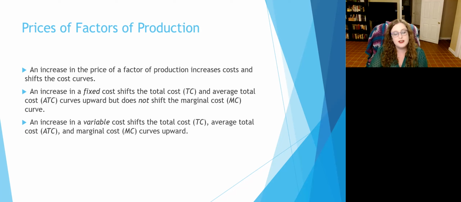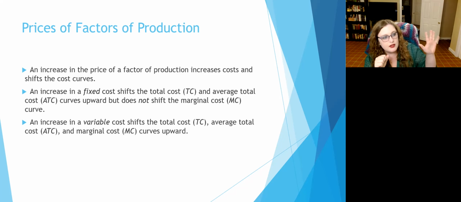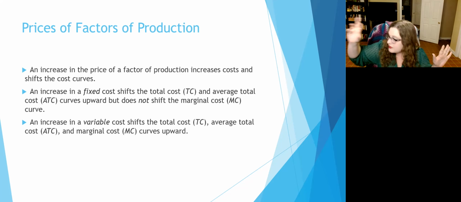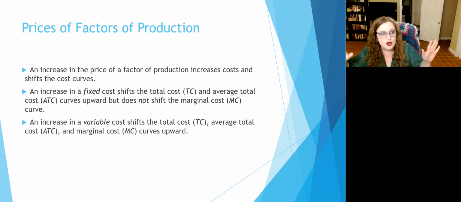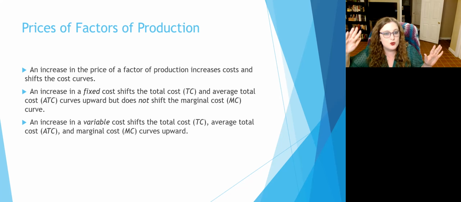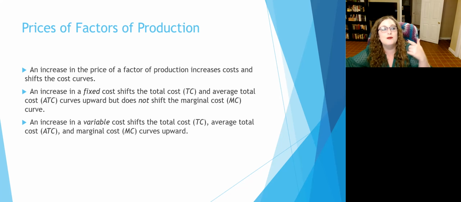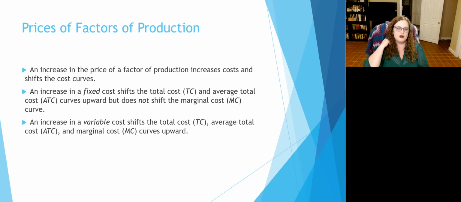An increase in your fixed costs, which in the short run, our fixed cost is capital. This shifts the total cost curve and the average total cost curve, but it doesn't shift marginal cost. If your fixed cost, your technology, is more expensive, well, you have to pay for the technology regardless. Your variable cost and your marginal cost, that's just related to the cost of your workers. The marginal cost of producing one more of something, you have to employ one more worker. So the marginal cost curve is not really affected by the change in